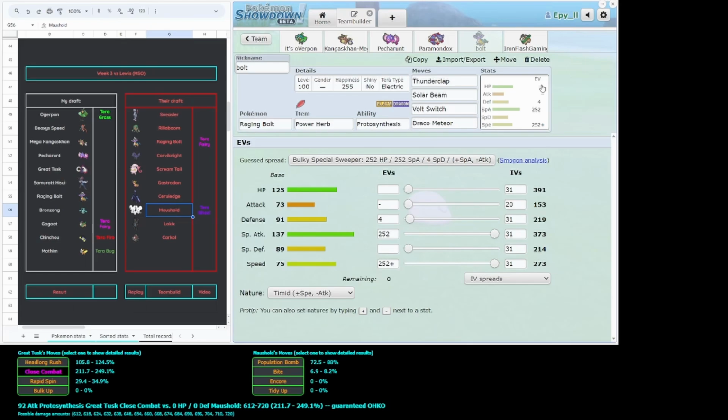Volt Switch is probably what I'm clicking most of the time, because the immunity is Gastrodon, and I have Powered Solar Beam for that. Breaker Meteor is just the last move to have a last move, really. It does good damage to Rillaboom and other stuff. And something important is that with Timid on my Raging Bolt, I will outspeed Adamant Through Edge or an Adamant Rillaboom,